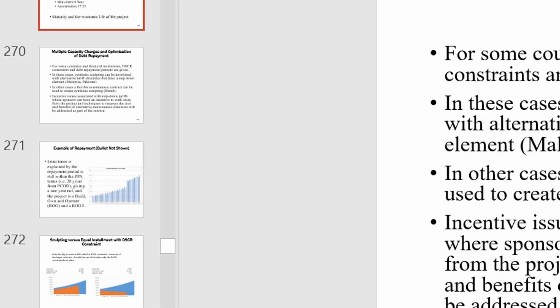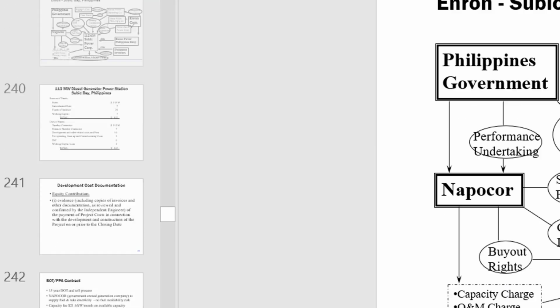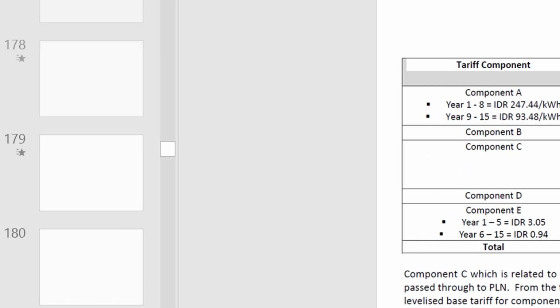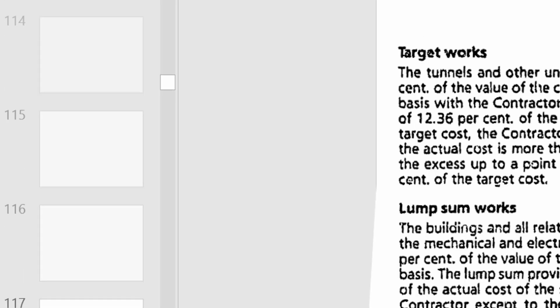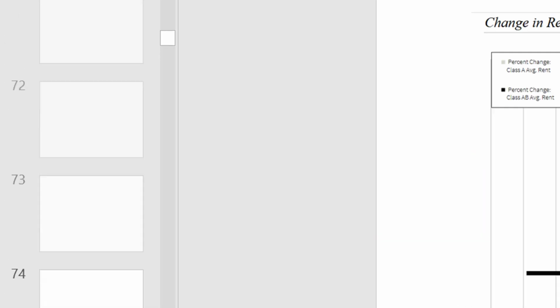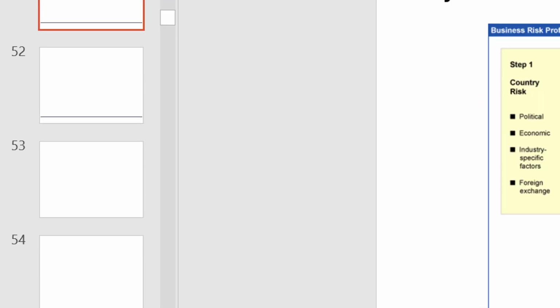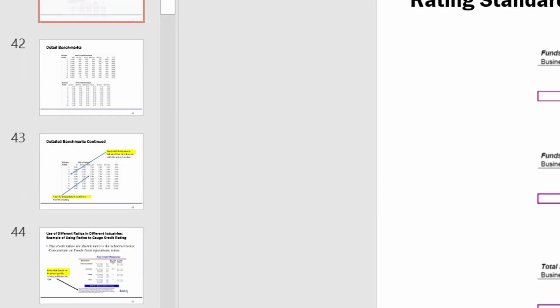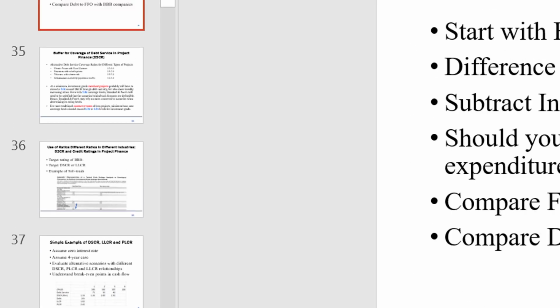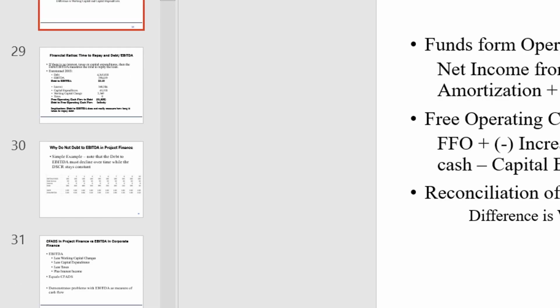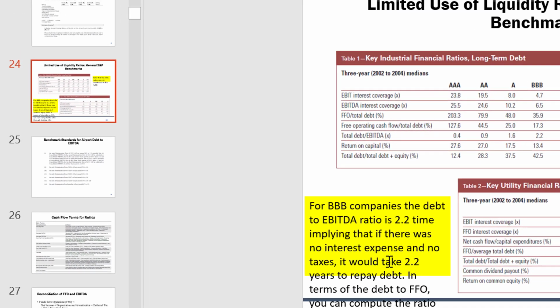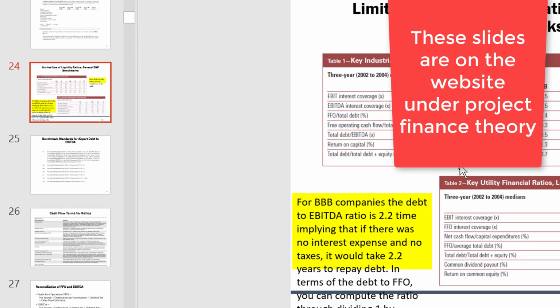Now, of course, in corporate finance, you can try to find some of these little tables that compare the ratios amongst different companies. Now, when you do this, you've got to be very, very careful. Okay, if you're trying to simulate some of the ratios, you can see these ratios look a lot more like corporate finance than project finance. But when you do that, I've got a whole little section on this. You better really adjust these ratios.